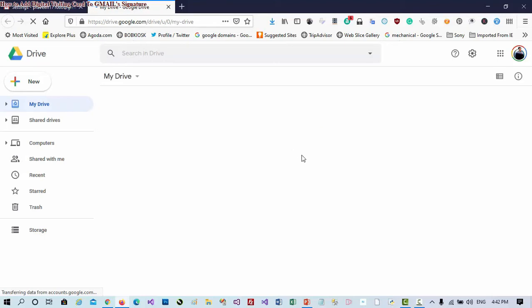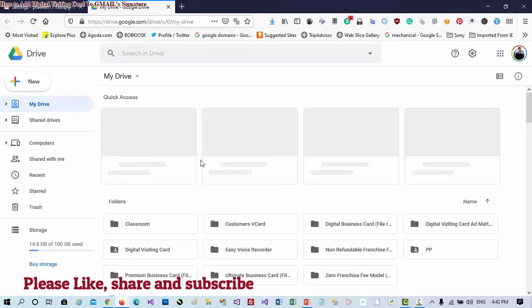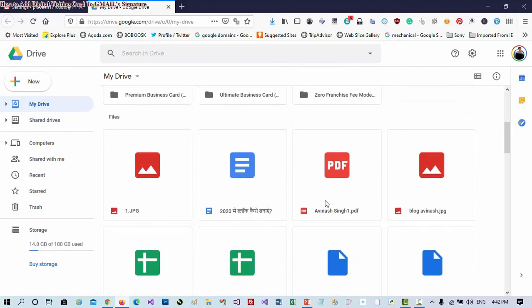To get the link, we have to find where the digital visiting card is uploaded in the drive. So first of all I am going to search for it. Just scroll, and this is my digital visiting card in PDF format. Here I am clicking this icon. Just click on your digital visiting card icon where it is uploaded.